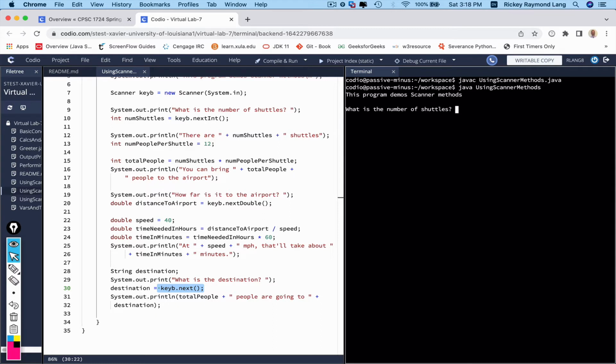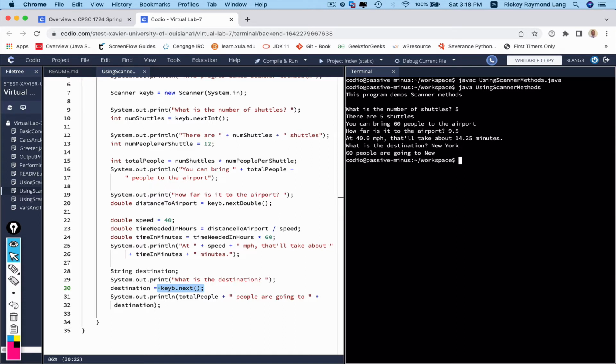Okay, so number of shuttles, 5. 6 people there. How far is the airport? And what is the destination? New York. New York. 60 people are going to New. Okay, so the York didn't get picked up. Right, so next, by itself like this, the way it's used here,